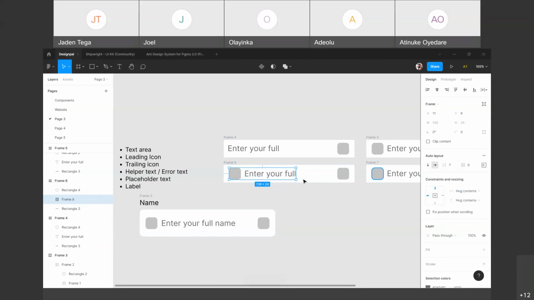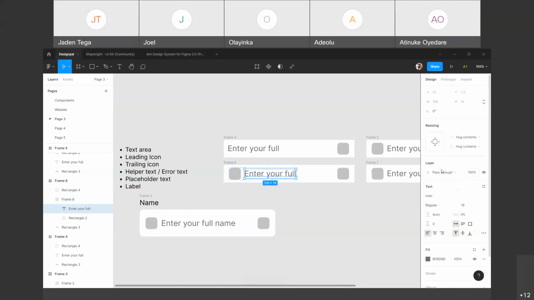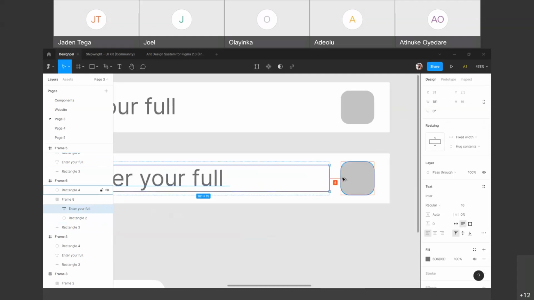Now this is like the parent component, right? If I double click into this, you would see resizing, right? And it says fixed width, fill container. The same thing goes for top and bottom. If I select fixed width, it means the width is fixed like this at 105. It doesn't adjust to fit the component, right? So you see what happens? It doesn't go past 105. And I can decide to increase it manually